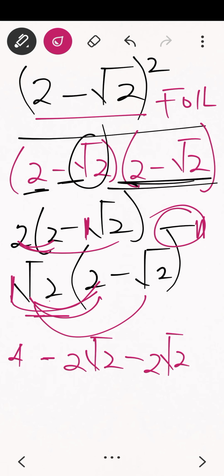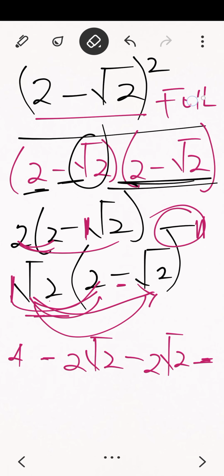The next one is that we have negative here, so let's bring our negative, and we have root 2 multiplying root 2 again. So root 2 times root 2 will give us what? What it means is that if you want to simplify it, you can decide to pick, sorry,